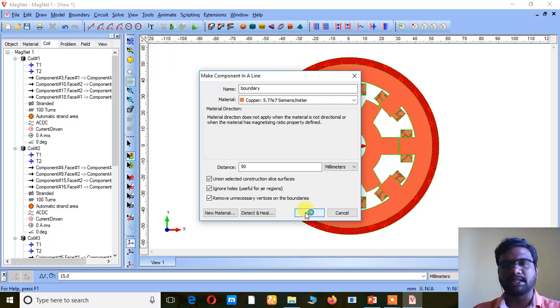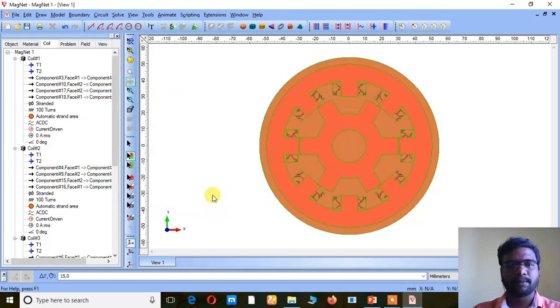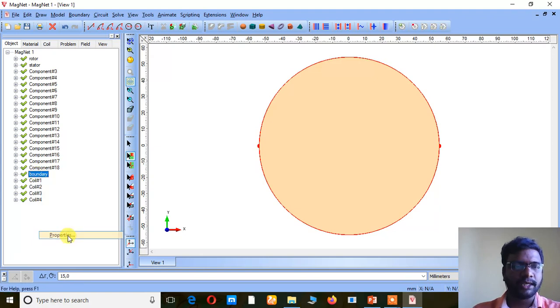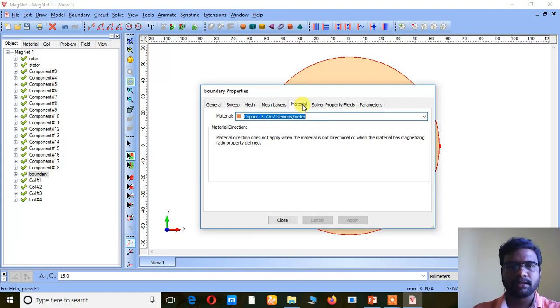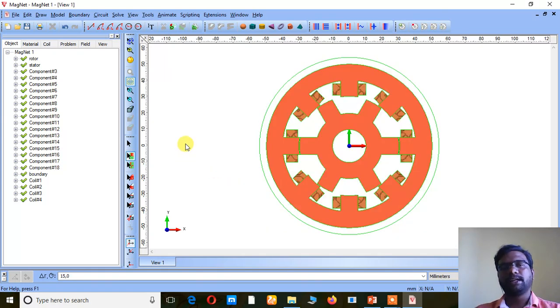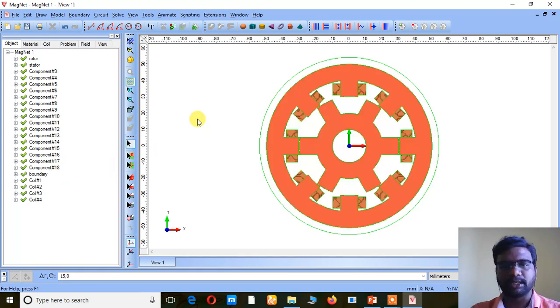It is the essential condition, otherwise some space is there and an error will come at the center point of the motor. The material should be air. Now I am going to check it out. Okay, it is assigned as a boundary.